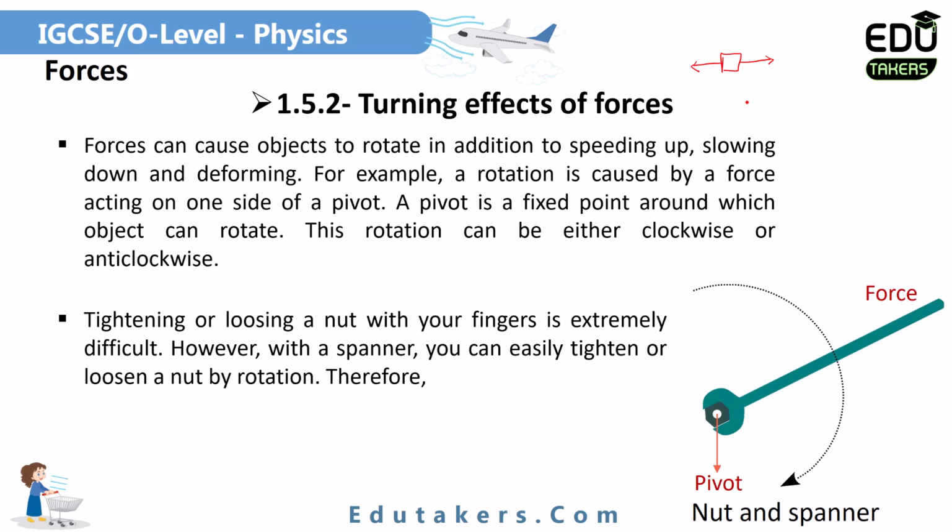The concept of the turning effect comes from the rotation. So first of all, if I take any object, like in this figure, this point around which the body moves is called the pivot point. It is any fixed point around which the body is moving. For example, here in this figure you can see there is a pivot. This point is basically the fixed point around which the object can rotate.